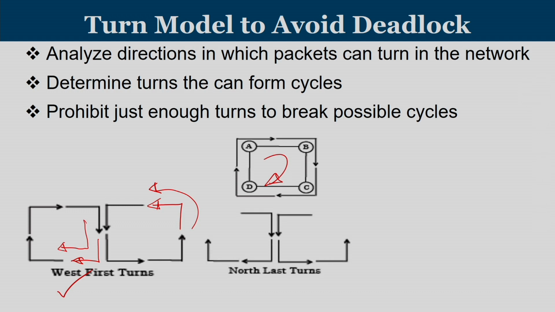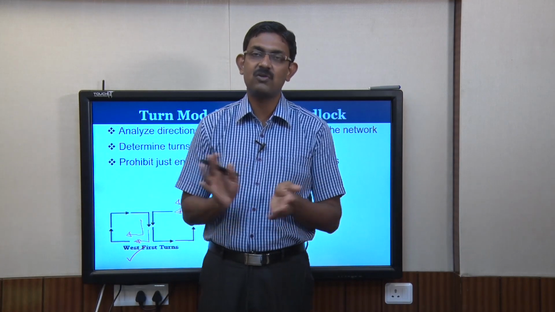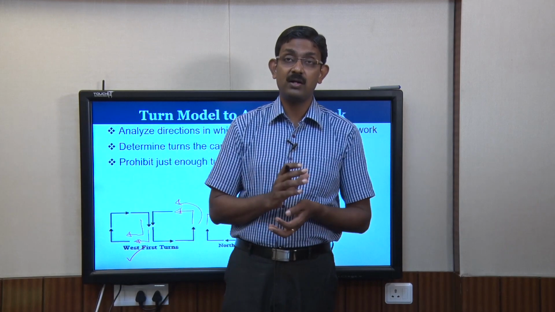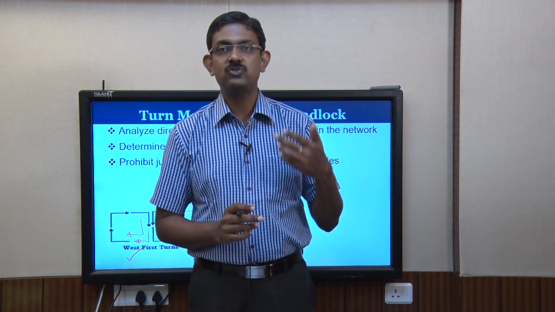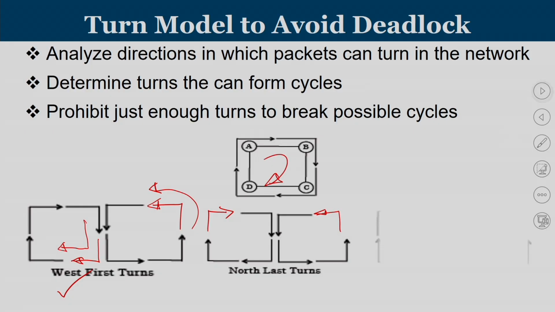Another category of routing is known as north last routing. Here you can see that these two turns are prohibited. Any movement towards north, shifting to east is not allowed. Any movement towards north, shifting to west also is not allowed. So, the idea is, once you take a north turn, then no more x turns are allowed, no more east or west turns are allowed. So, if at all you wanted to travel to the north, that has to be traveling at the end. That is what is known as north last turn.